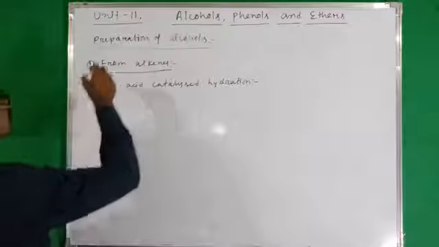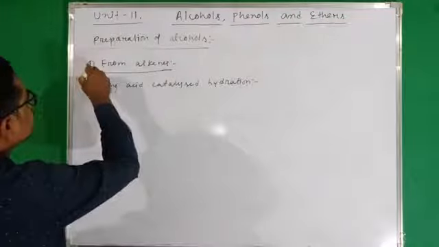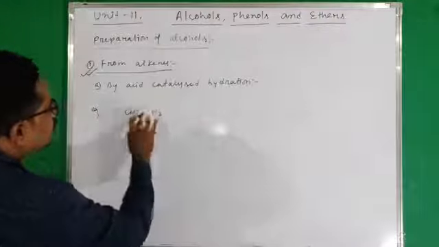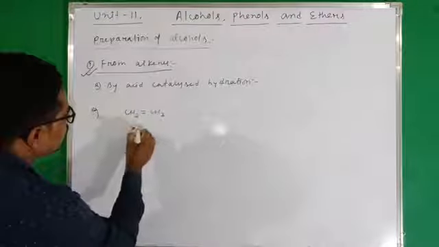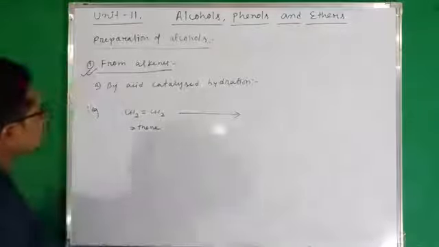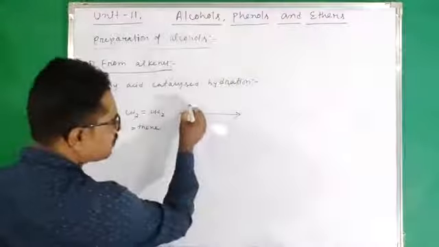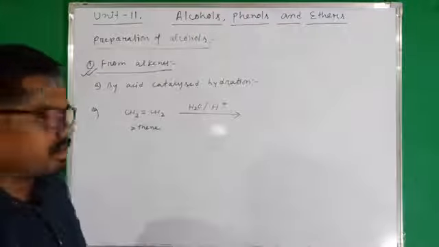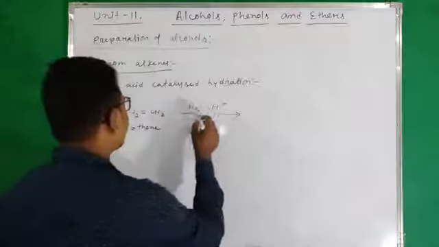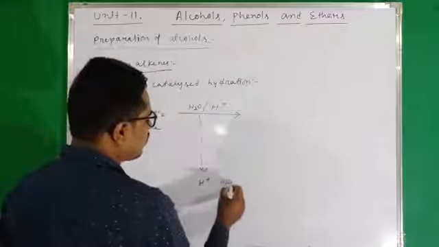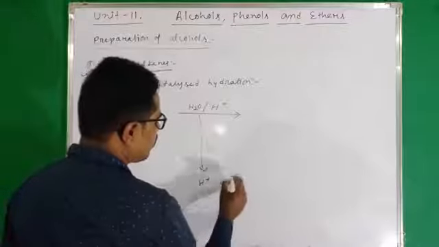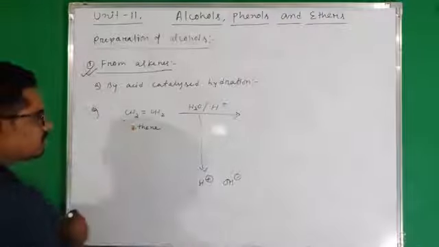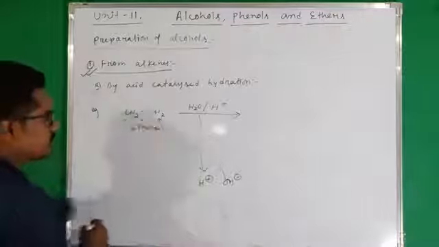Okay, so our heading is preparation of alcohols, and now we will prepare alcohols from alkenes. Therefore we have to take an alkene, and we are taking the simplest form of alkene, that is ethene. After that, the reaction is by acid catalyzed hydration. That means we have to add water, and the reaction is catalyzed by an acid, that is H positive ion. And in presence of acid, water will break and form H positive and OH negative. Now one H positive will attach to one carbon, and the another OH negative will attach to another carbon, and